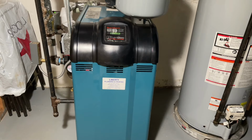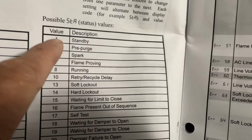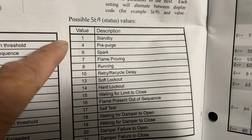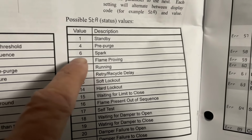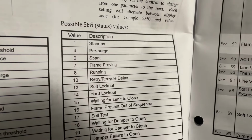Turn off the gas and turn off the electrical supply to the boiler. Panel, you will see the status light. It would go number 1, standby, and then 4, and then 6, 7, 8. So that should be the normal sequence. But if you go to 6, spark, and then flame proofing, and if you don't go beyond that, that means